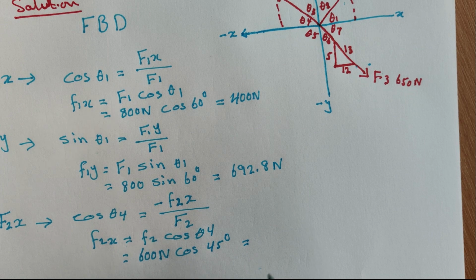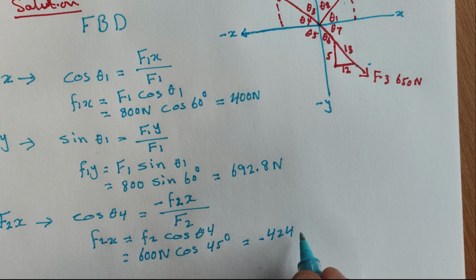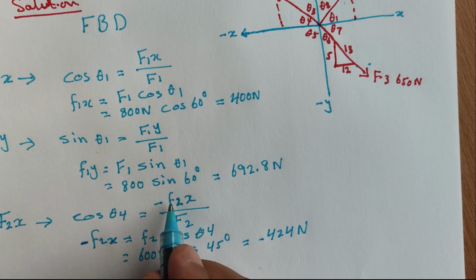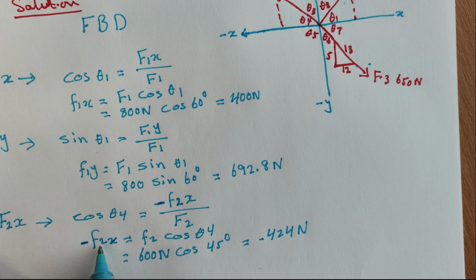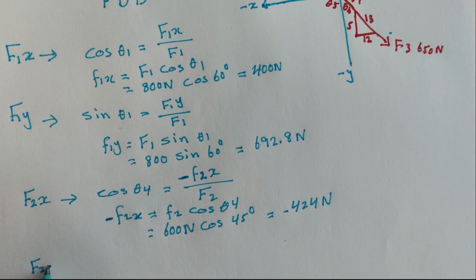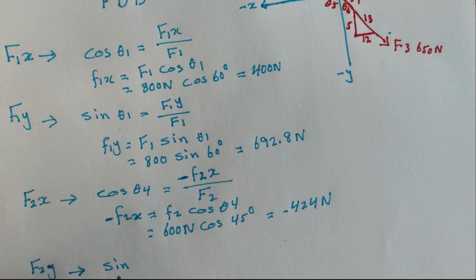All of that should equal to, again you just plug that into your calculator, and that should equal to negative 424 Newton. Remember that is negative because when you solve for negative F2 on the x direction, for F2 on the y direction, that will be sine theta